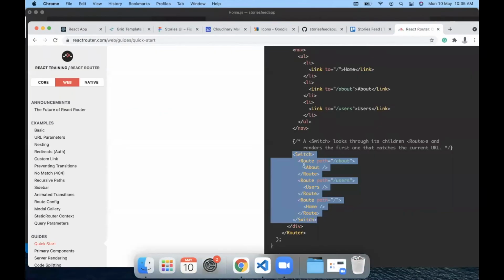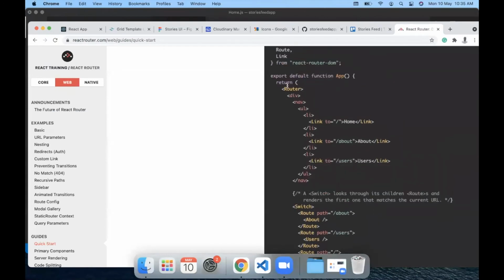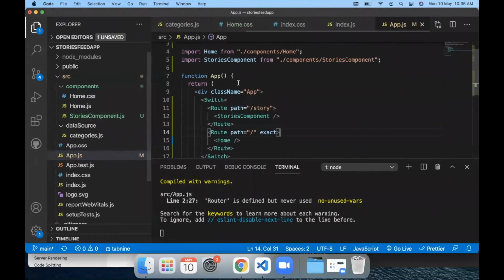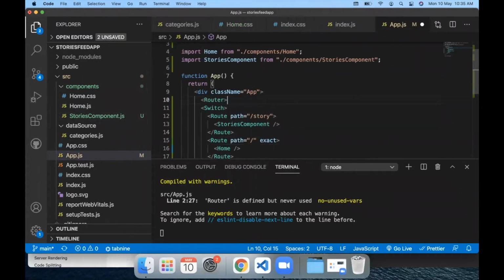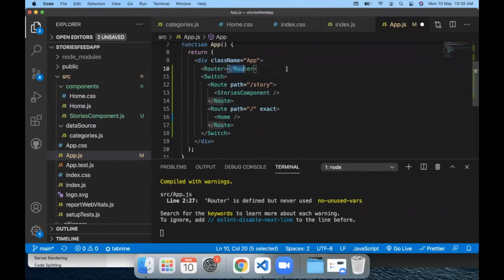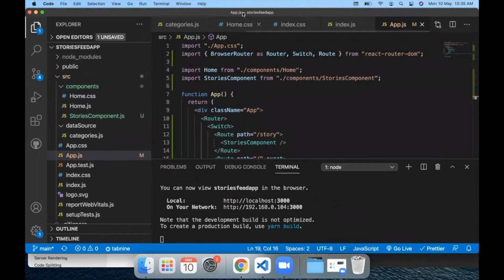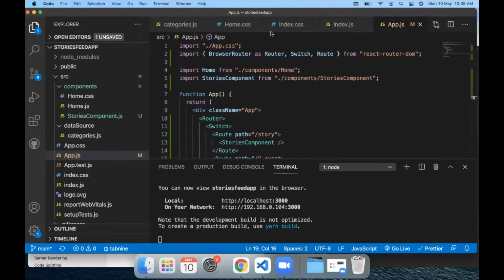So let's just add Router as well at the top level in our app.js. Yeah, we forgot to add Router. Router is the higher order component which is essential for using React Router DOM. Other than that, I don't think anything else is required. So let's just jump back to our home.js file and continue from there.